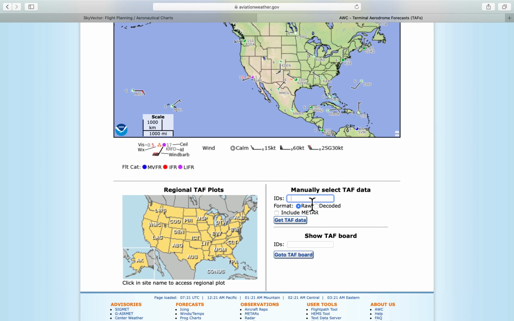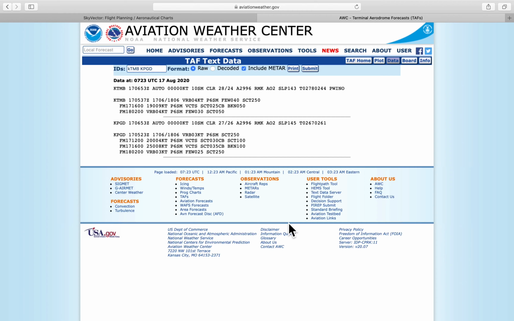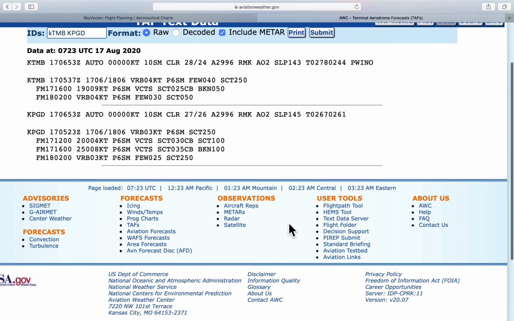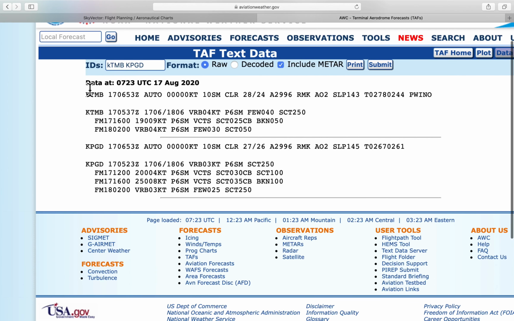Airport ID, which is Kilo Tango Mike Bravo, and then we type Kilo Papa Golf Delta, and then we will do included METAR and get TAF data. So let's zoom in. The date is here.